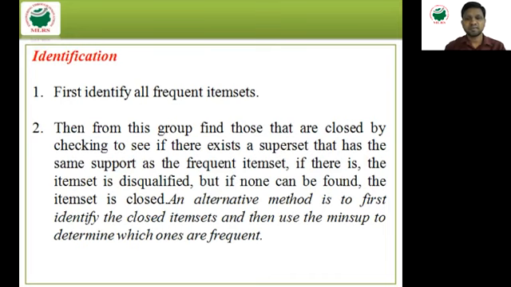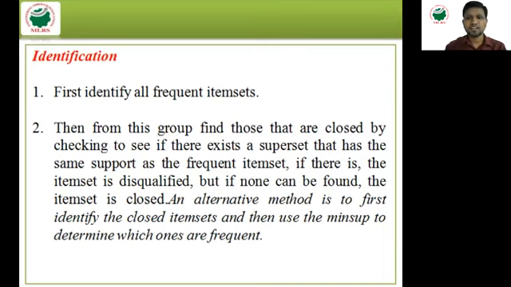Suppose there are two customers who visit the supermarket. One customer purchases milk and bread, and another person purchases bread and jam. What is the common item from both customers? Bread, right? So that is not a closed item set. A closed item set means the two customers purchased different items. In that case, the item set is closed.